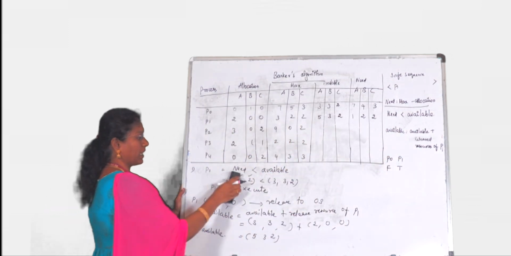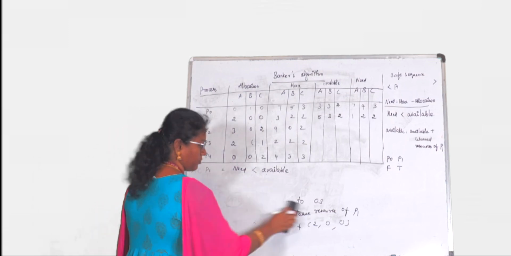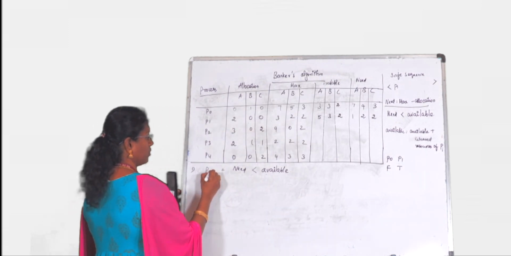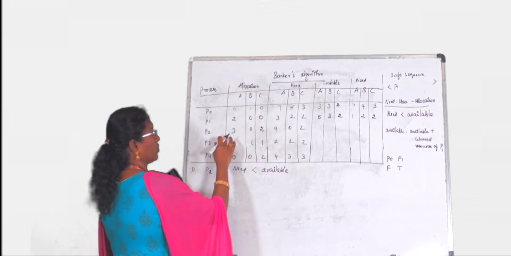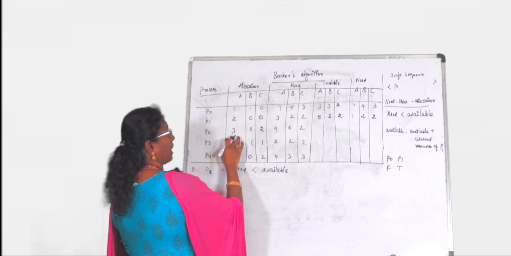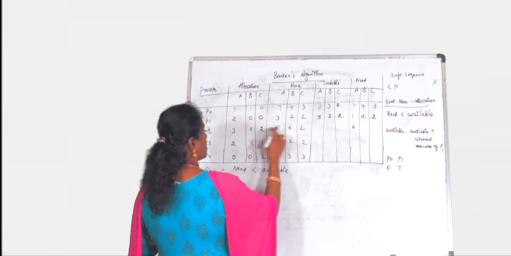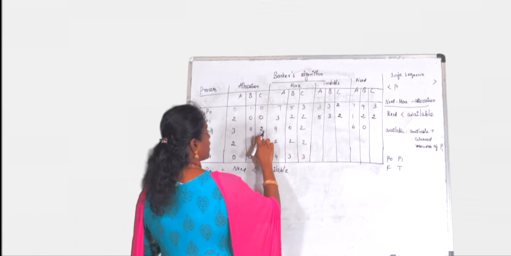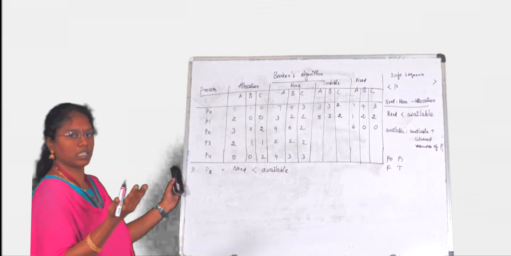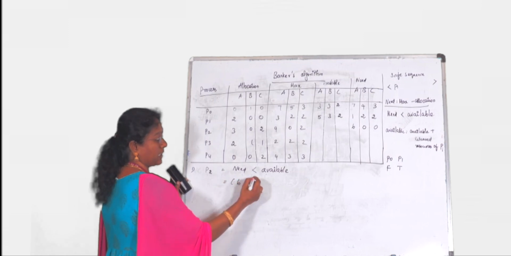Now we go for the next process, P2. We have to find out the need matrix. What is the maximum resources? 9, 0, 2. Our allocated resources are 3, 0, 2. So 9 minus 3 is 6, 0 minus 0, 0, 2 minus 2, 0. How much does it need? 6, 0, 0: 6 of A, B 0, C 0. So 6 resources of A it needs.